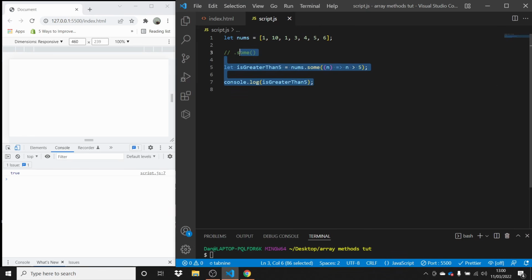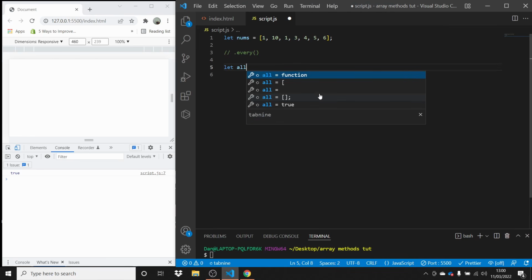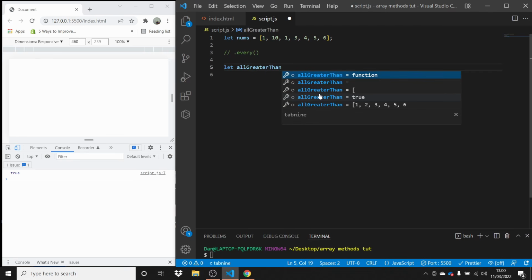So now we're going to have a look at a very similar function called every. So every, it looks through our array, and if every single number meets our condition, then it returns true. Otherwise, it returns false. So it's kind of the opposite of some. So let's say let all greater than, what should we do? All greater than 0. So we're going to go with